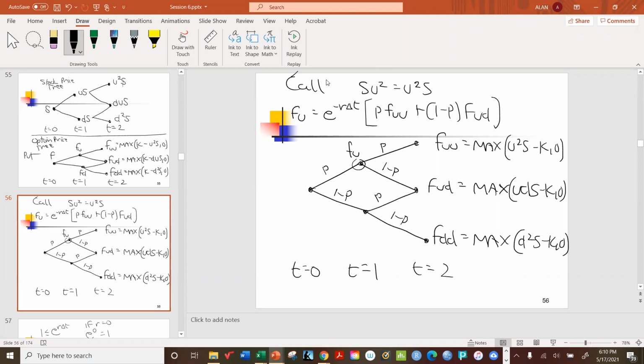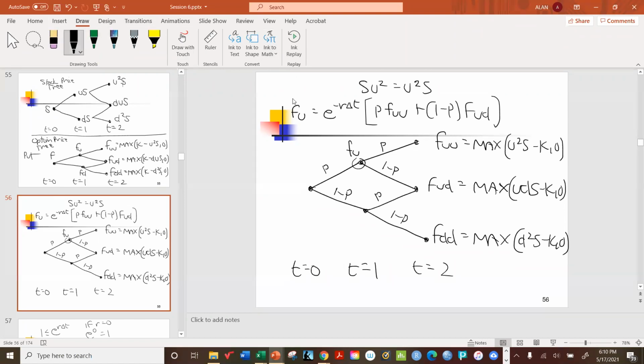Now, keep in mind too, these are all European examples. Let me just remind you that we haven't actually looked yet at how to calculate the price of an American option. So these are European options. Let me make that crystal clear here. And then FD, based on the same logic,